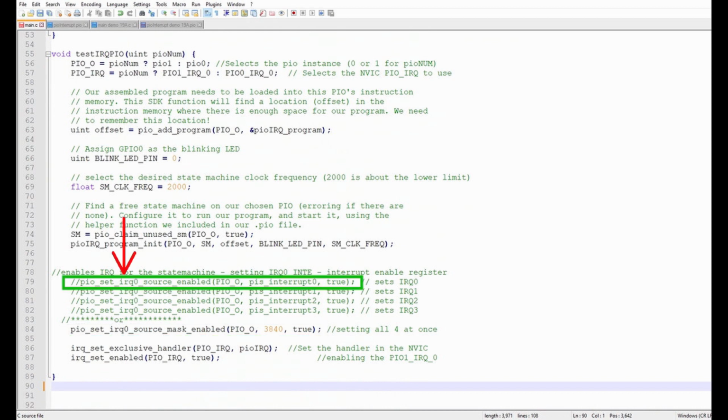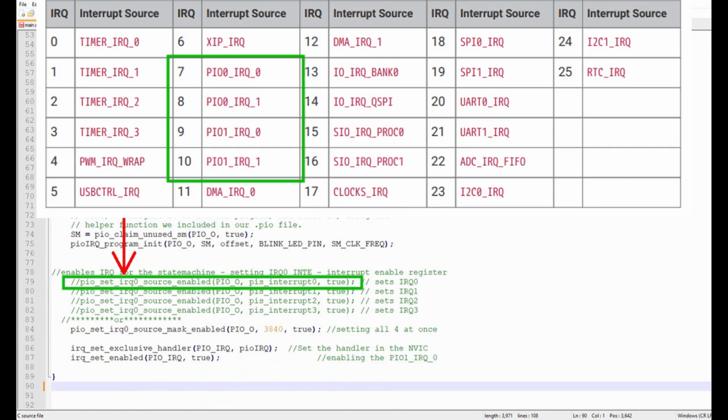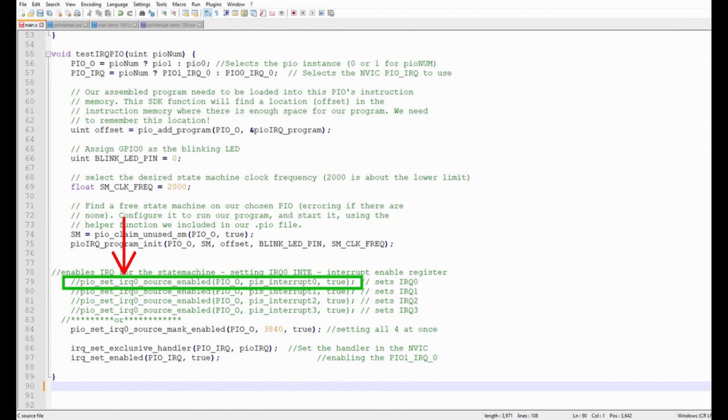We can map our state machine interrupts to either PIO interrupt 0 or 1. This can be confusing. The PIO interrupt number is just an enumeration for the NVIC interrupt number. For instance, PIO 0 IRQ 0 is the same as NVIC interrupt 7. It's done this way to make it less confusing. I'll let you decide. Anyway, in this API, we specify the PIO block, the enumeration for the state